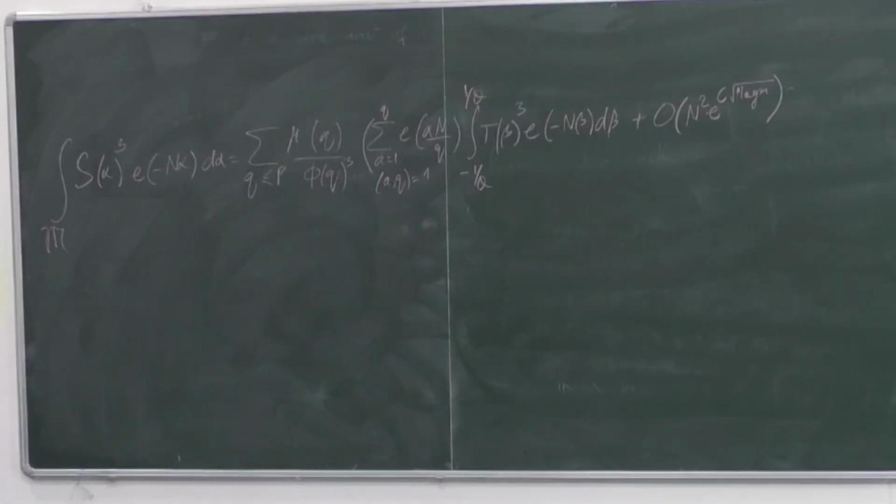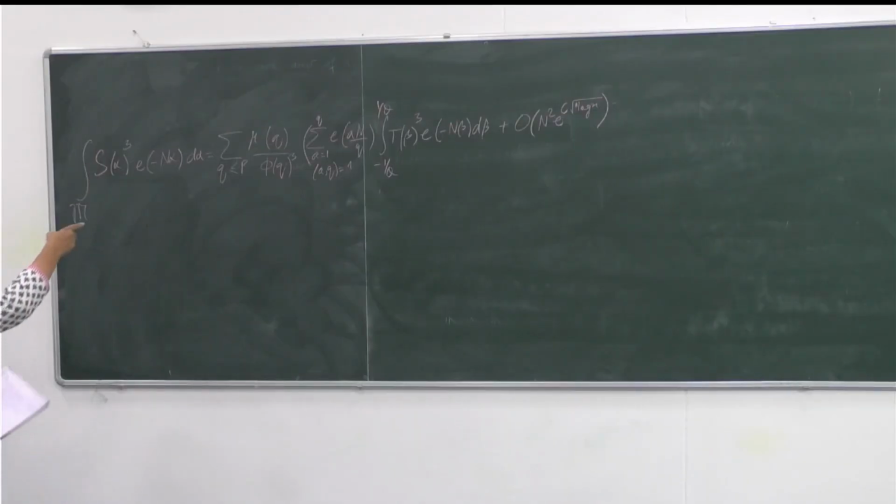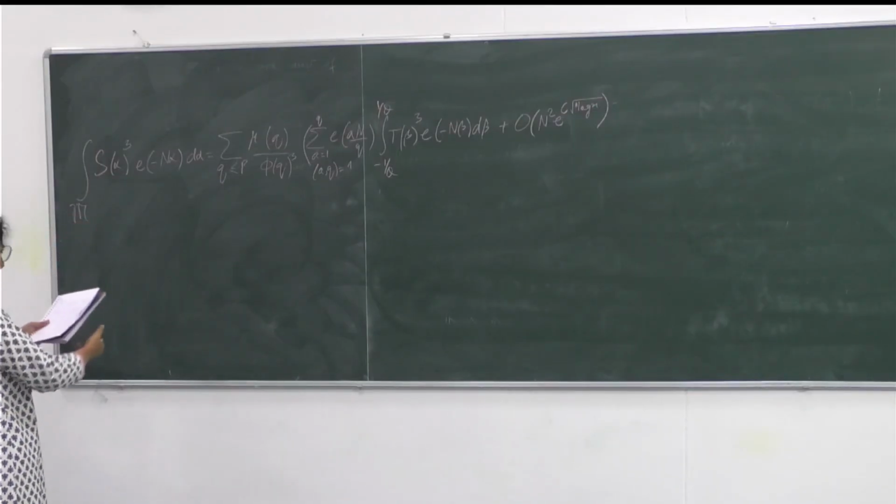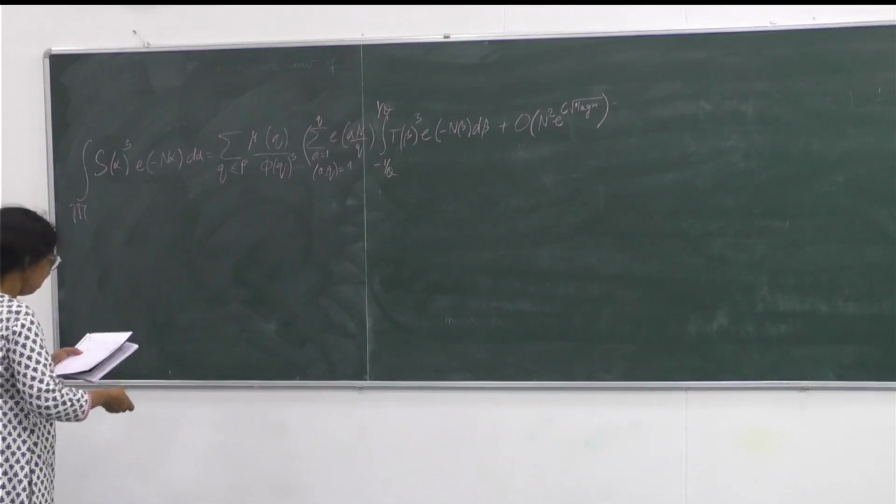So this morning, when we were proving the ternary theorem of Vinogradov, we said we were breaking this up into two parts, the major arcs and the minor arcs, and we are still estimating the major arcs. So this part we have finished. We have reached this formula, and then this part here in